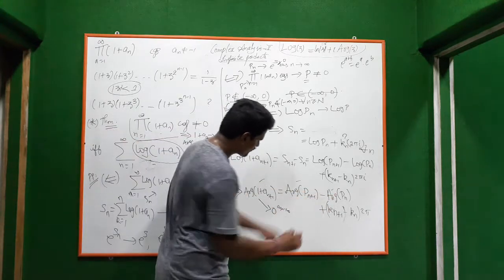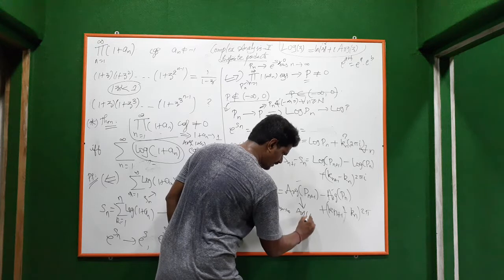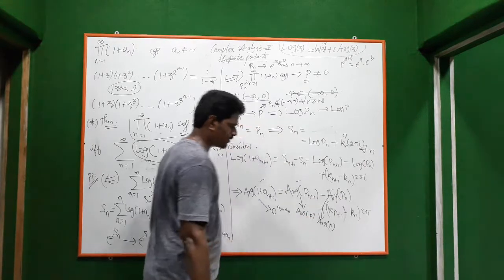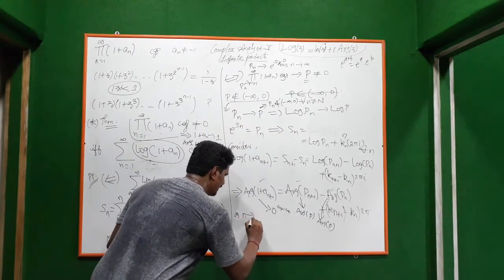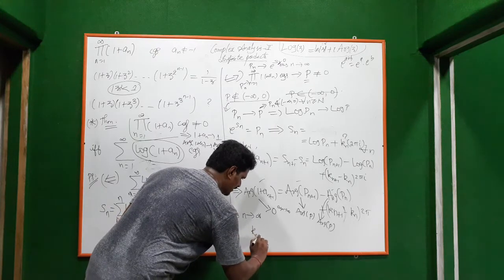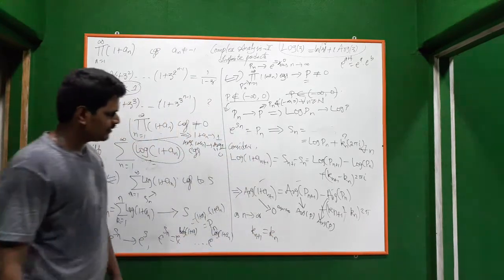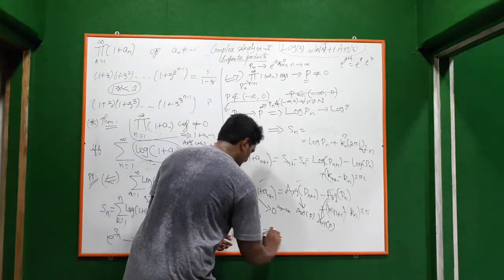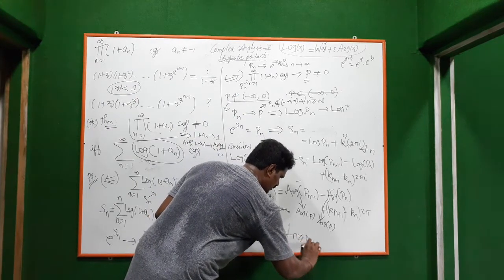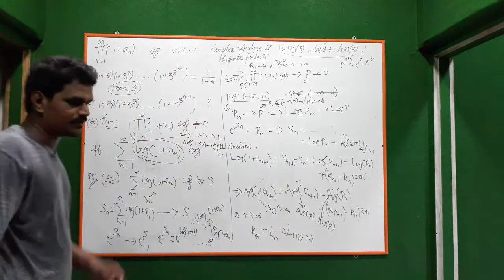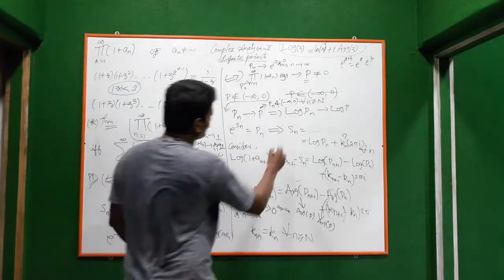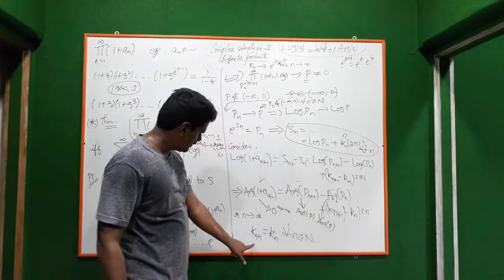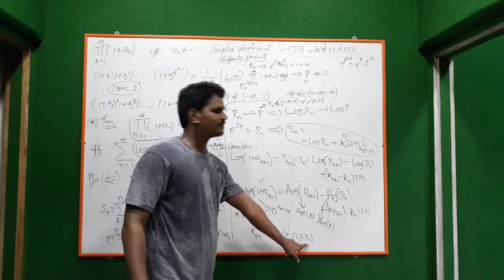And what about these two? This converges to argument of P, and this also converges to argument of P, so these both will be cancelled out. So as n goes to infinity, (k_{n+1} minus k_n) times 2 pi is 0. That means k_{n+1} equals k_n. This is true for every n greater than or equal to some stage; after some stage, these two will always be equal. So in this S_n, we have log P_n plus this k_n, which is constant after some stage. That's what we have got.